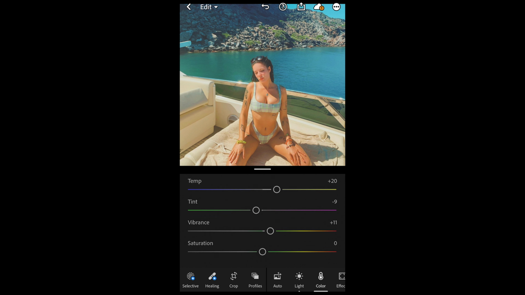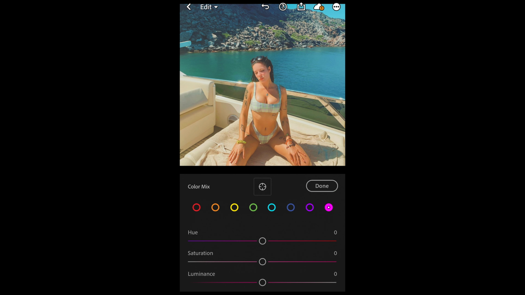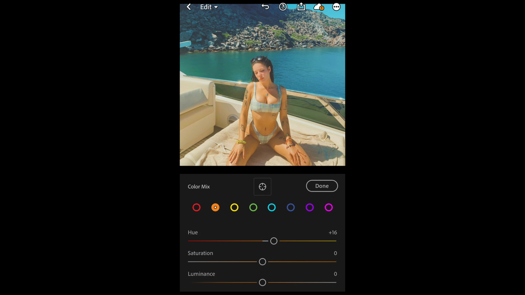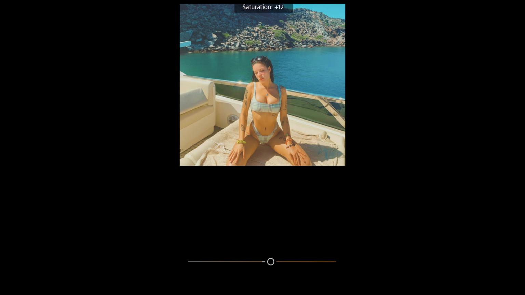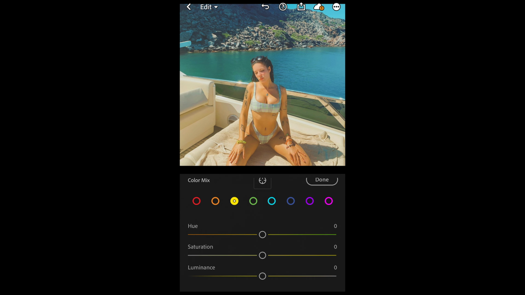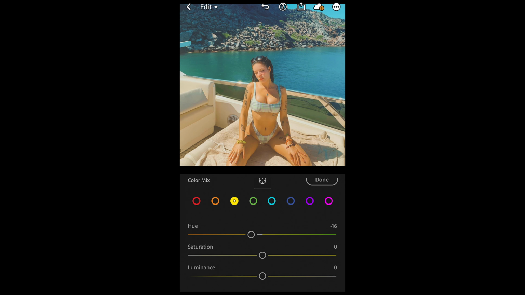Then we scroll up, hit the color mix on the upper right side, and for the red tones on the left, we don't want to change anything. But for the orange tones, we just want to boost the hue a little bit to +16, boost the saturation to +11, and leave the luminance at 0. The yellow tones, we want to pull down the hue to -16 to that orange side and leave the saturation